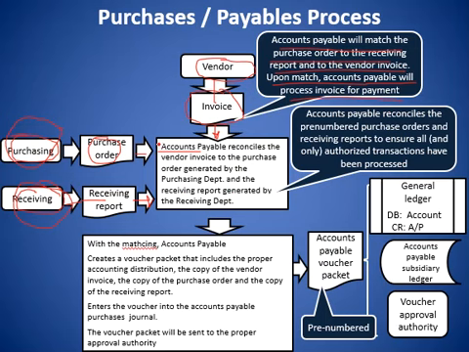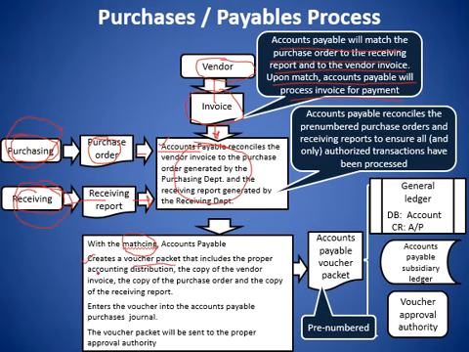As I say here, as accounts payable reconciles a vendor invoice to the purchase order generated by the purchasing department and the receiving report generated by the receiving department, that's where I'm mentioning again that three-way match between the vendor invoice, the purchase order, and the receiving report. Now, with the matching of these documents, and that word is misspelled, accounts payable creates a voucher packet that